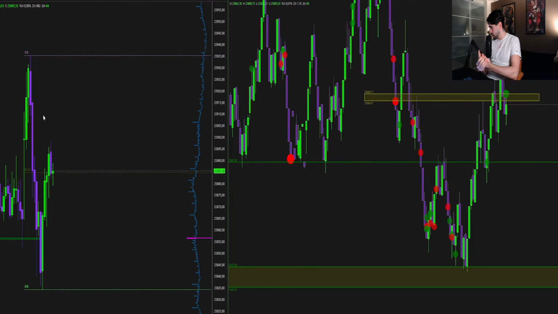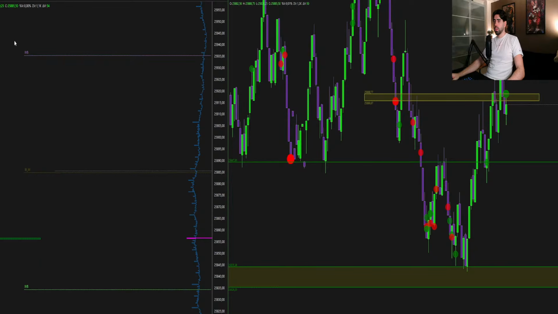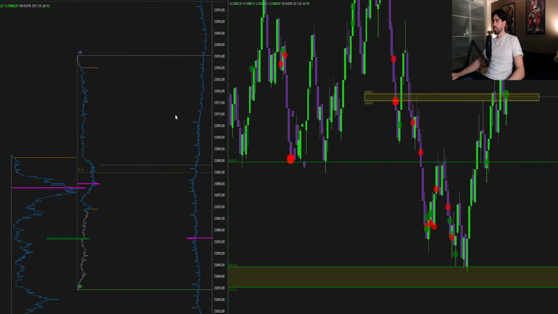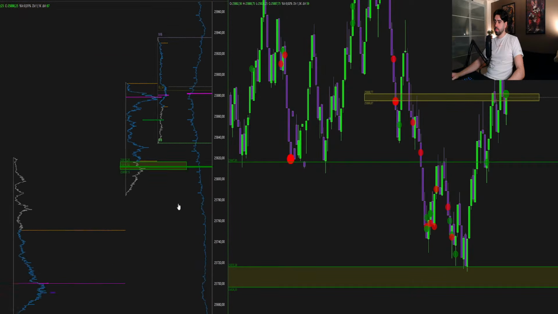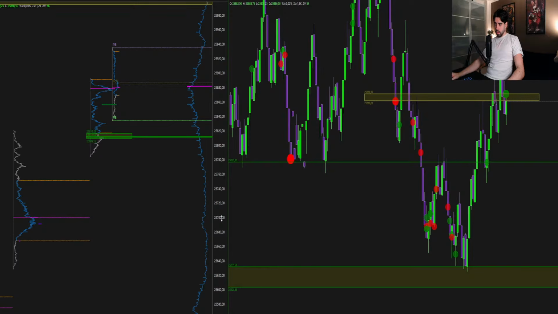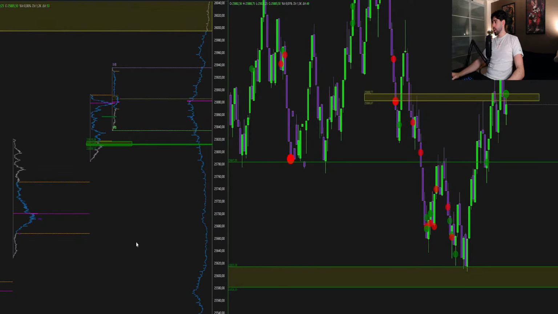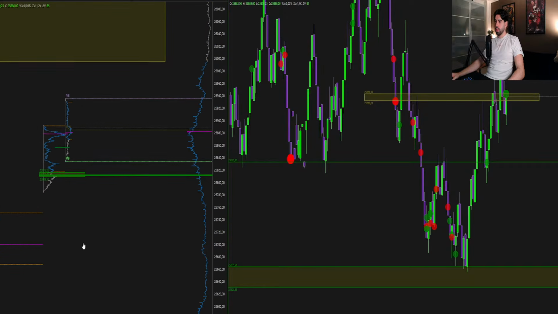Can you explain step by step how you do your analysis? Sure. What kind of setup are you using? I mean the first 30 minutes. Okay, you meant that one. It's really short. Daily profile: first I get my bias. We see that we shift higher in the value areas, so we are bullish.